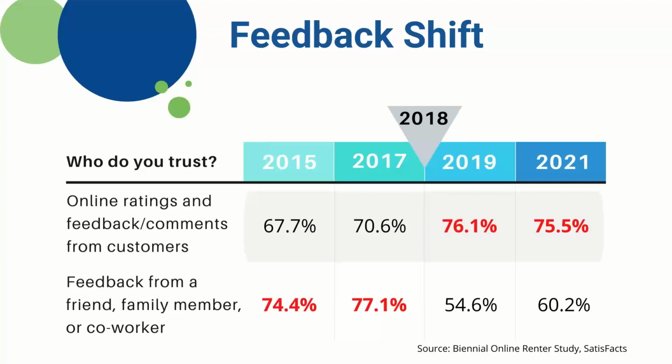And so if you look at where they place their trust now, prior to 2018, it was all about friends and family. Tell me what you think. I want your opinion. Hey, do you have an idea? Any recommendations? And after 2018, and this comes from our online renter study, the trust starts to be placed primarily